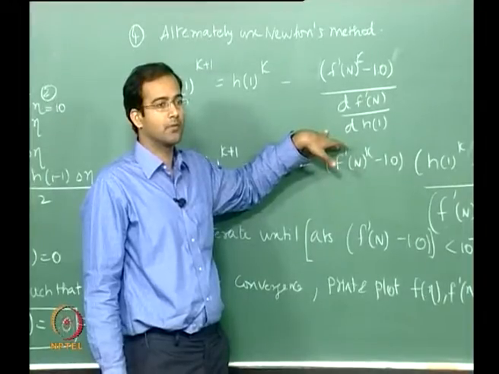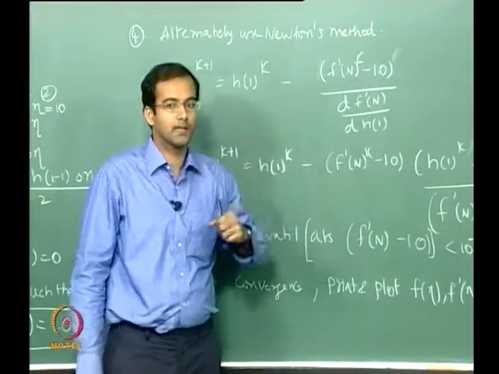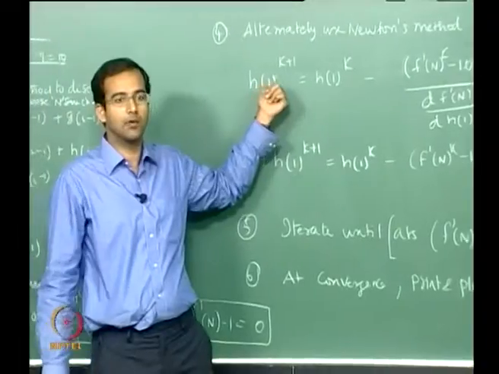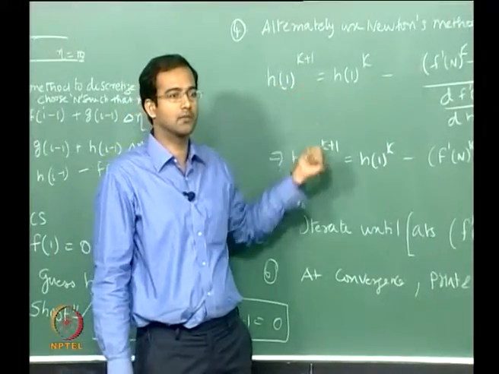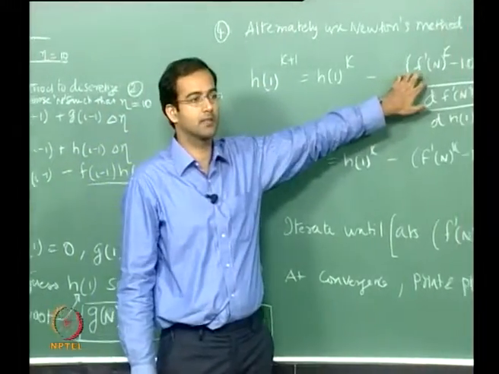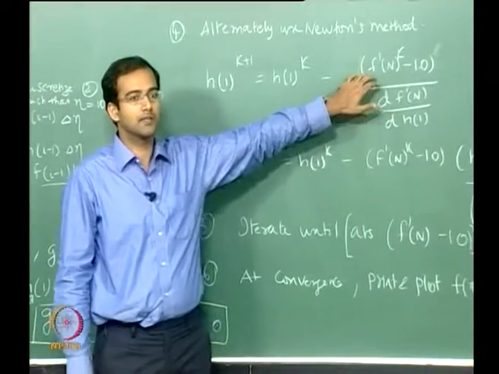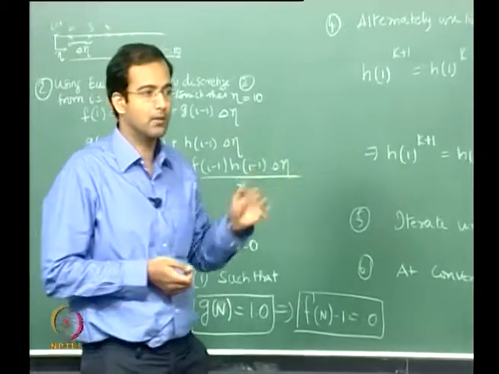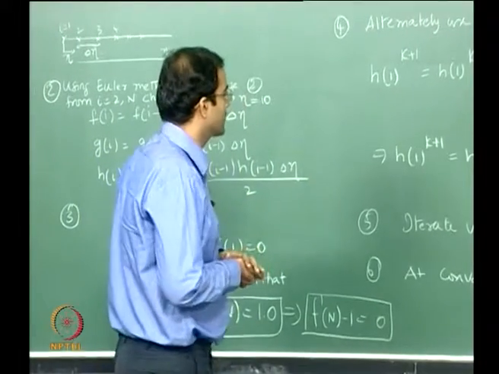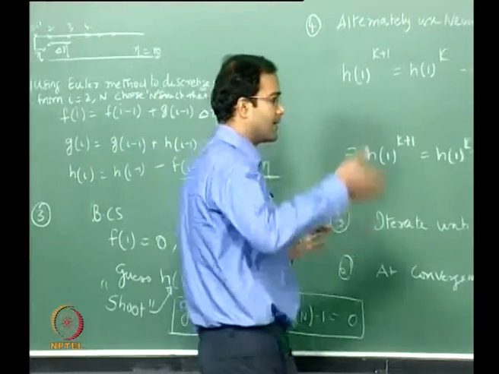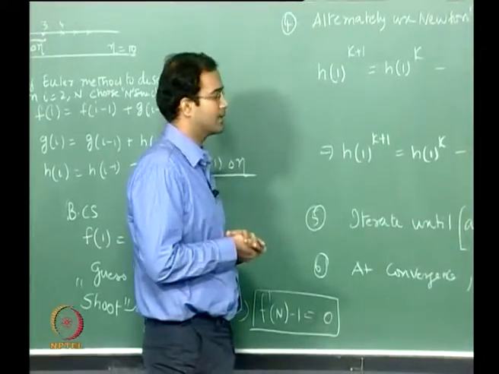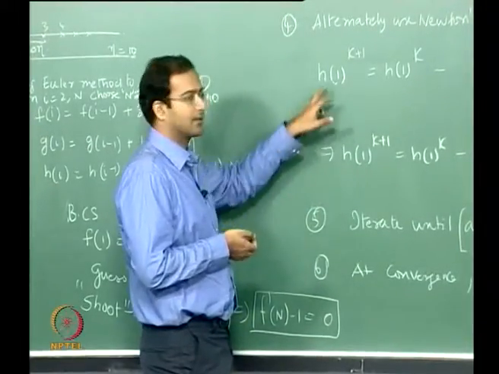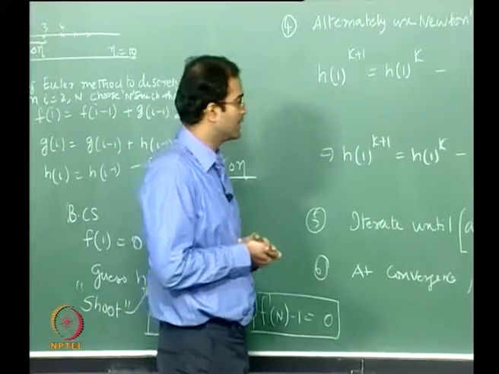Okay, so if you choose your guesses based on this rather than a wild guess, it is more likely to converge to the correct solution which satisfies this equation. Okay, so it is based on the slope method, it's a modified secant method. I'm not going into details, but you can always quickly derive that. You are assuming a linear line and getting the slope of it, and therefore you are getting a better guess of the root.